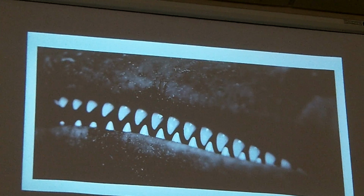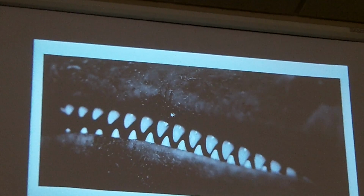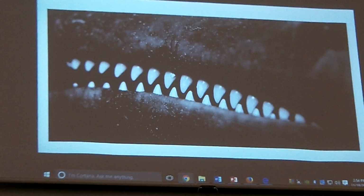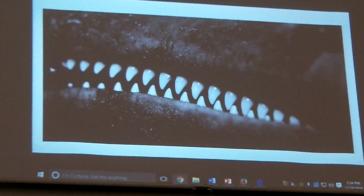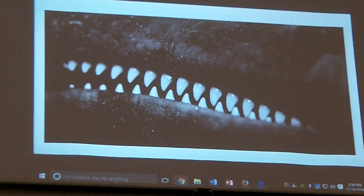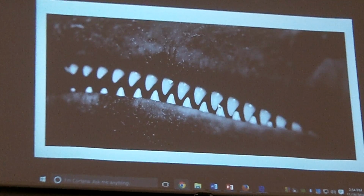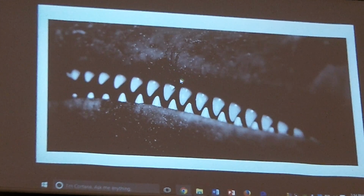Whales don't have teeth like most mammals. Most mammals have different types of teeth: incisors, canines, premolars, and molars. And the molars are flat and the canines are sharp. Most whales have all the same kind of tooth. They all look similar. And they don't really chew with their teeth. The teeth are used more for just holding on to something. And most of the time, these whales will swallow their food whole. They'll grab something with their teeth, and then they'll kind of jiggle it up and just swallow